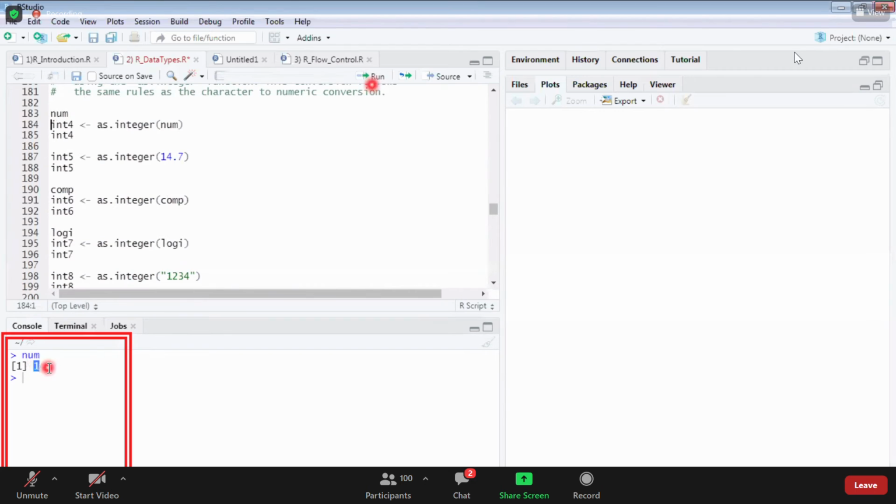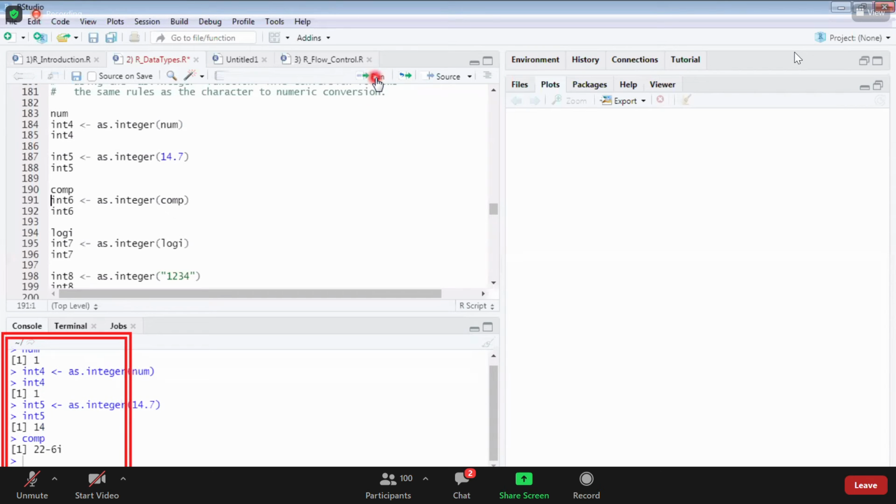Number is 1 means, but internally it is a double value. When I convert into integers, I print this as an integer value without the decimal values. I'll show you here. See, I have given 14.7. Now when I convert it into integer, what is the output? 14. Clear? In the first example you are not able to differentiate, but here you can differentiate easily.